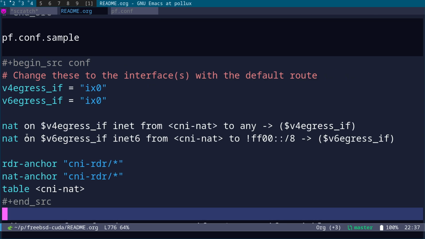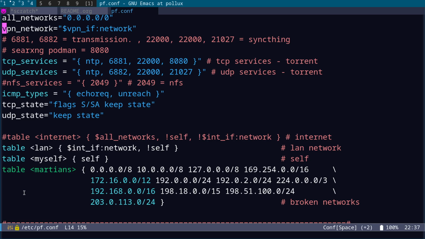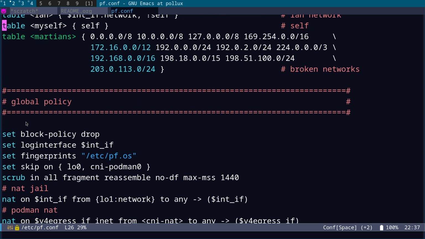So what you'll see here is we have these three blocks of settings. The first one is the v4 egress and v6 egress. Then we have the NAT commands, we have the anchors, and then we have the table. And these have to be put in specific sections in the PF configuration file. So what you'll see here is, if I scroll down now,